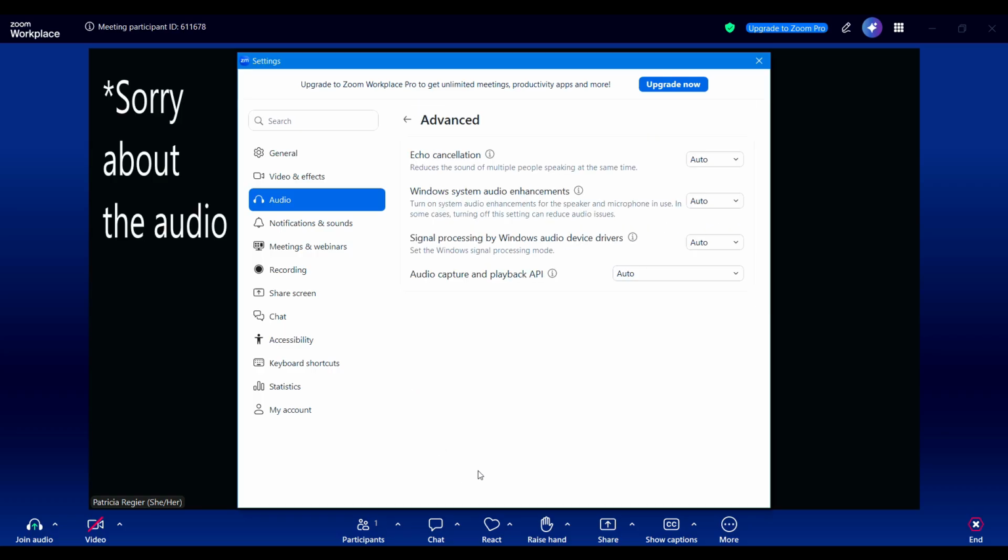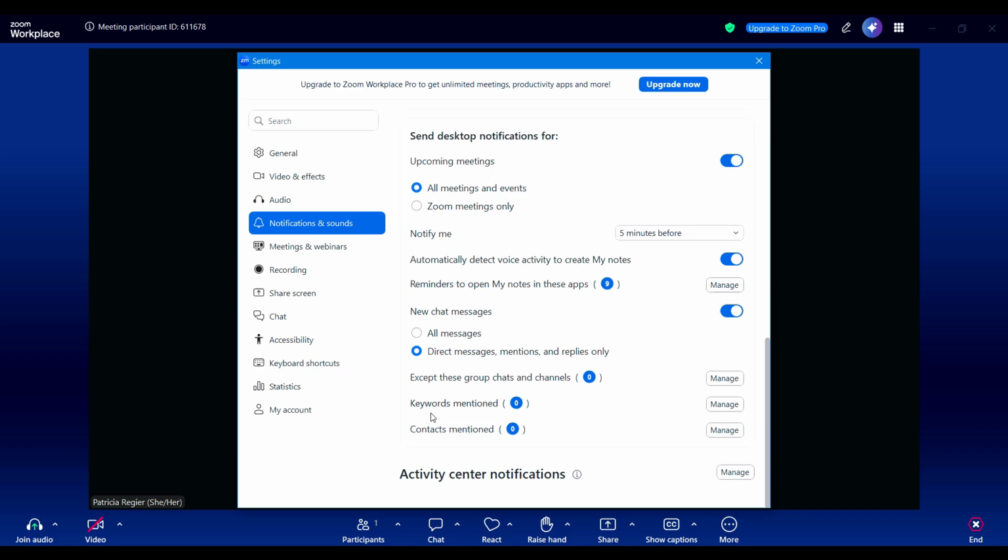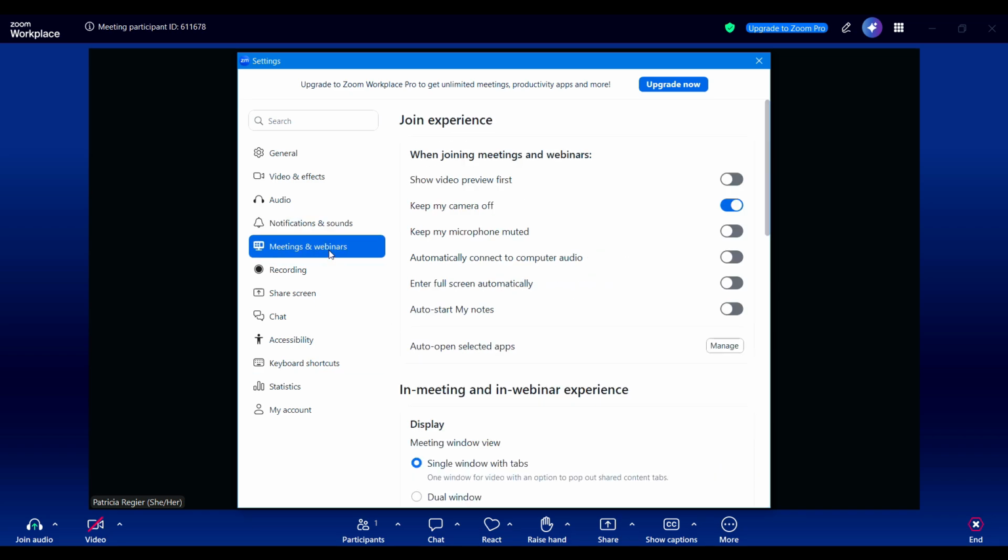So that's handy too. And we have advanced as well. I have everything here on auto. So for the audio and notifications, you can look around in yours and read through each one to see what